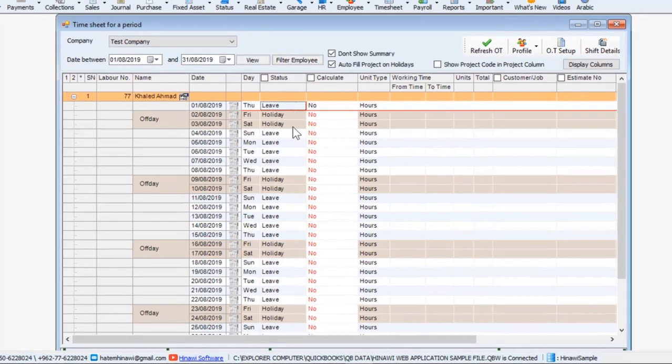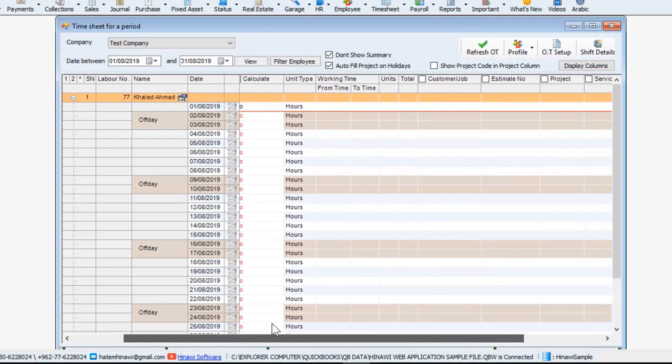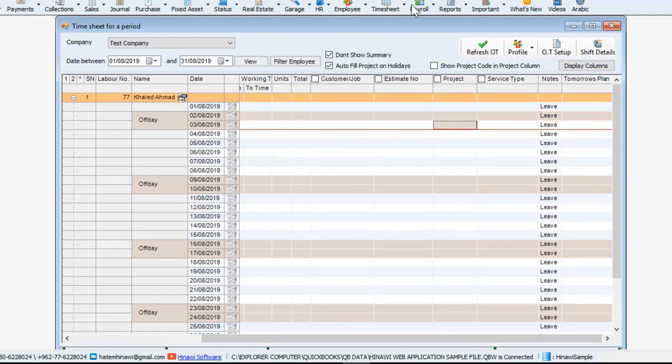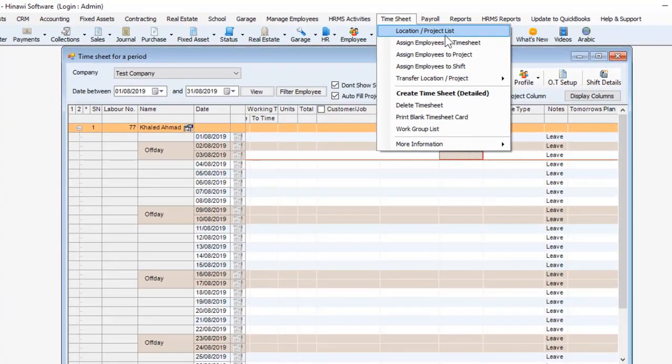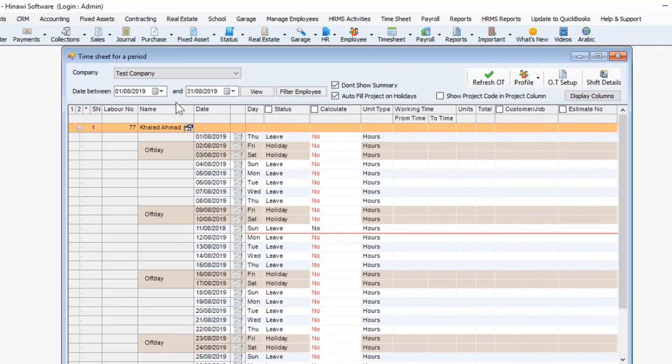status for the employee, whether calculation, yes or no, whether it's calculated or not. We can also here choose the unit type, and we can also see the working from, if there are any customer or job, the projects he or she is working on. We can also set projects from the timesheet menu, where we go to project list, and then the service type, if there are any notes, and tomorrow's plan. Now for this specific employee,